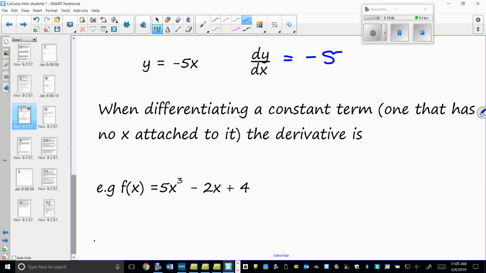Now, when differentiating a constant term, a constant term means it has no x attached to it. Which is the constant term in this expression here? 4, yes? What we're doing is differentiating with respect to x. Anything with an x, that's what we're differentiating. That means that if there is no x attached to it, the derivative would be 0. So if you're differentiating a constant term, one that has no x attached to it, the derivative is